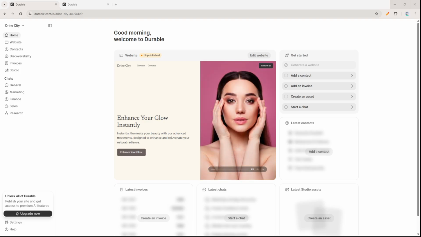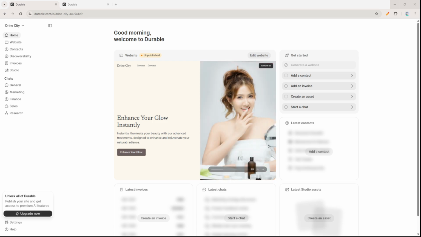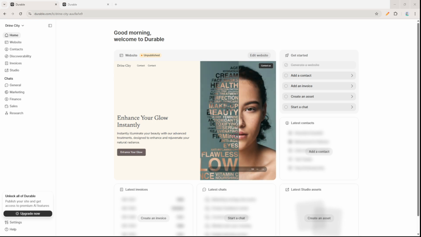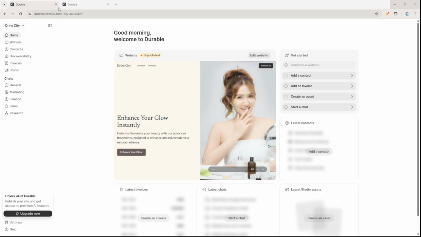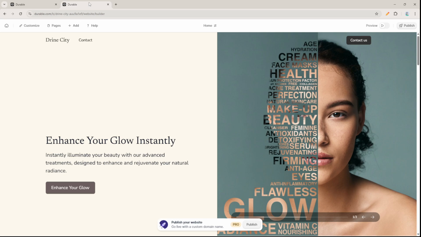In today's video, I'm going to teach you how to add images and media in Durable AI. Durable automatically creates your website with placeholder images, which is great for getting started fast. But to make your site feel authentic and on brand, you'll want to replace those AI-generated images with your own visuals or carefully chosen stock photos. I'll walk you through exactly how to do that and then show you how to add brand new image sections